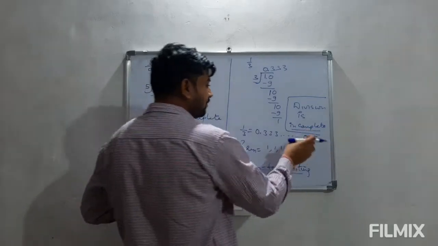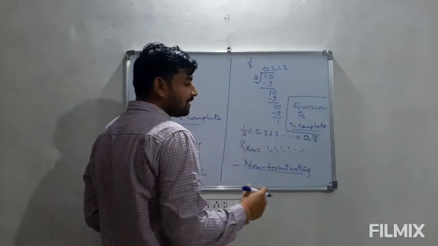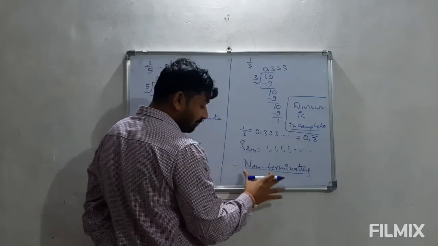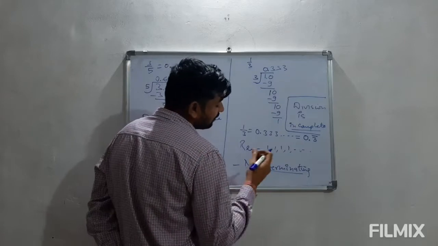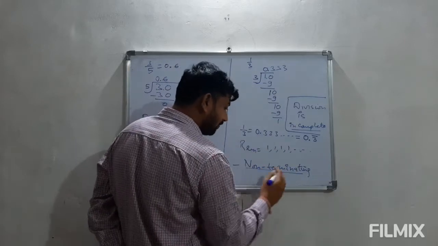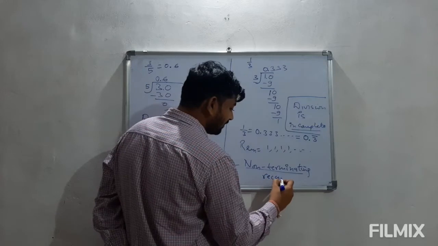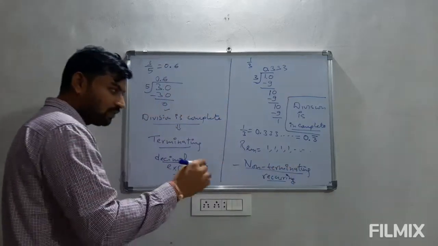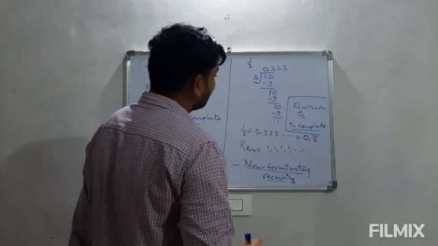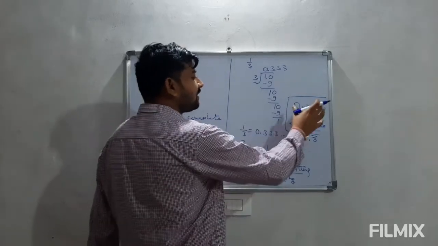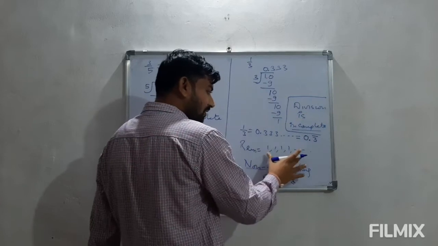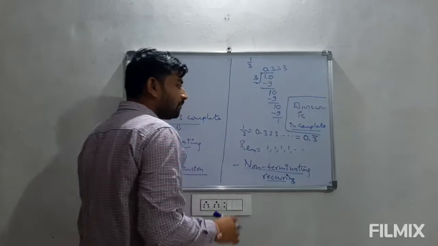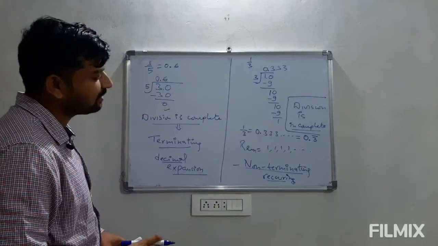This bar denotes the digits which are being repeated in the answer. So that is why this complete as a whole is known as non-terminating recurring. Recurring means repeating. So this kind of decimal expansion is non-terminating recurring decimal, whereby we get an incomplete division. There is no remainder which is 0, and we constantly get some values in it. So this is how we represent rational numbers.